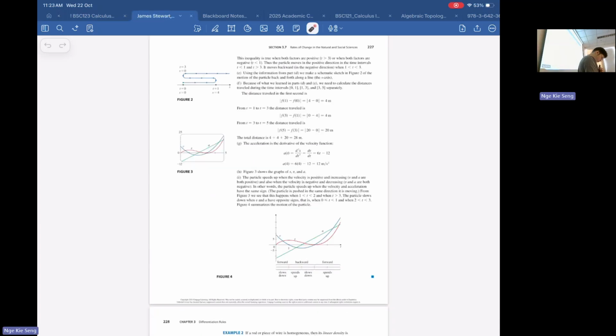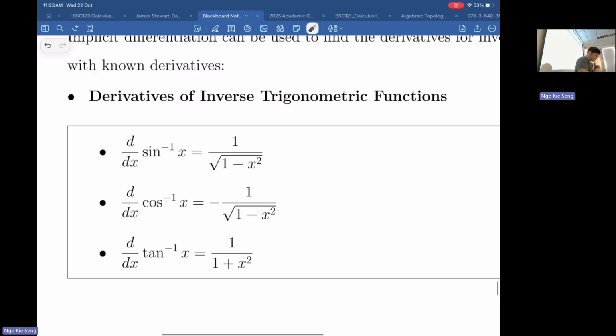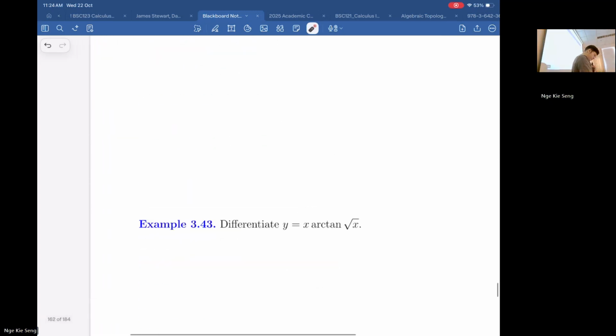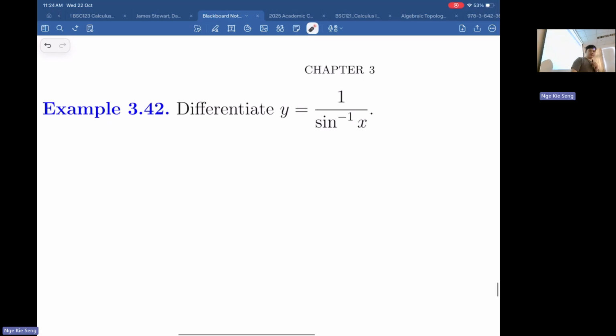Something worth noticing here is that after you differentiate inverse trigo, you get something in terms of roots of polynomials. Because if you differentiate sine, you get cos. You differentiate cos, you get minus sine. But if you differentiate the inverse of them, you get something in terms of polynomial. So something to note here. Other than that, just follow the formula. If you want to derive it, you need to use implicit differentiation. So how about we try one question and see if you know how to use the formula or not.